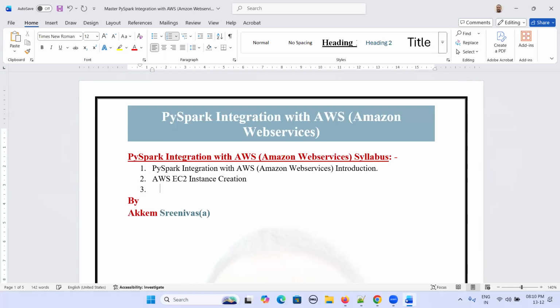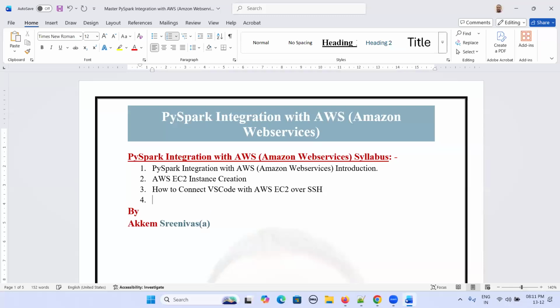Next, we are going to see how to connect VS Code, Microsoft Visual Studio Code, with AWS EC2